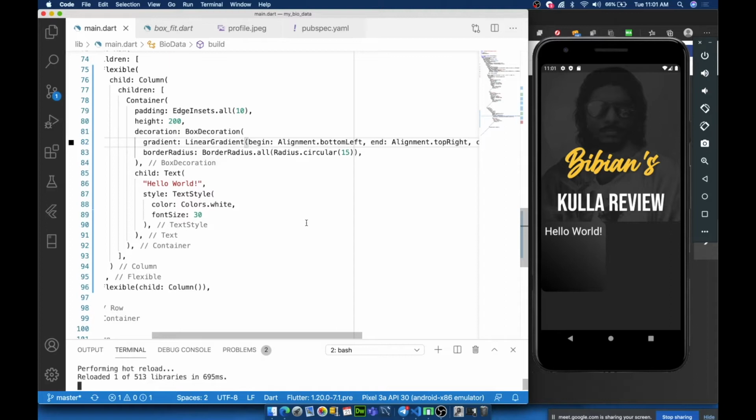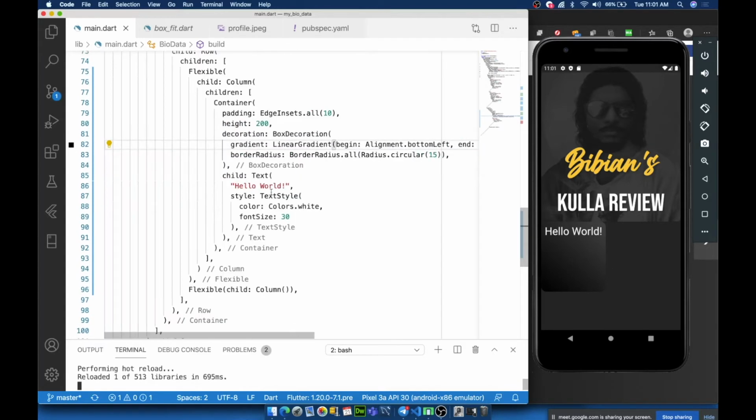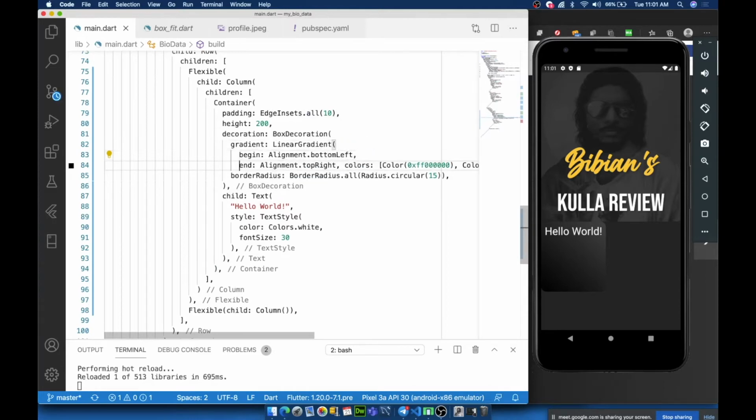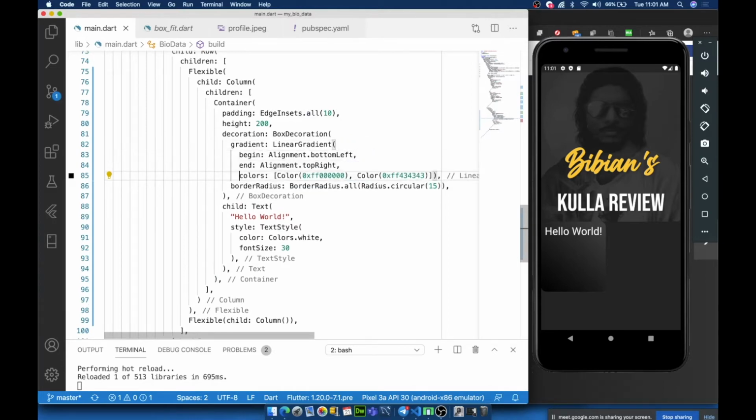Allison, red violet. Okay, can you send me the hex code, Allison? If you can send the hex code, I'll make the change here. Are you confused with what I did here? Like, I did nothing. I just added decoration to the what? To the container. That's all I did now.